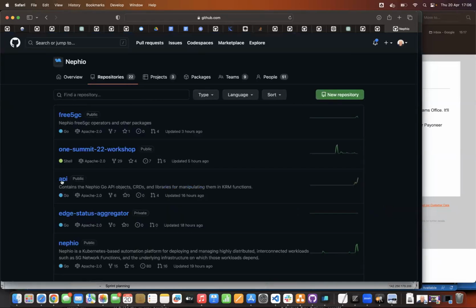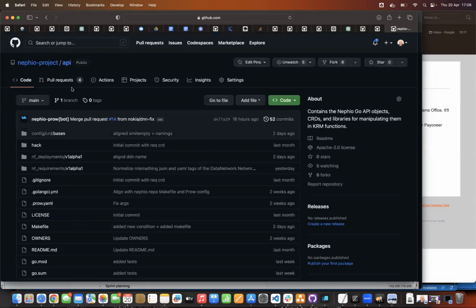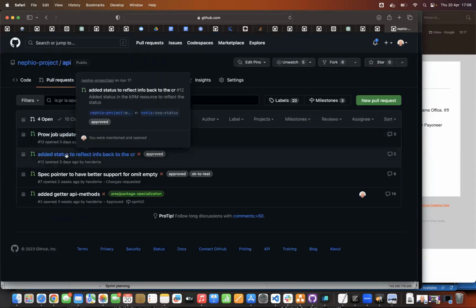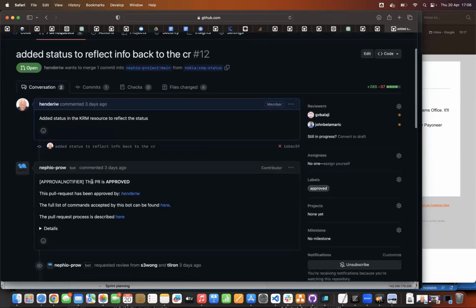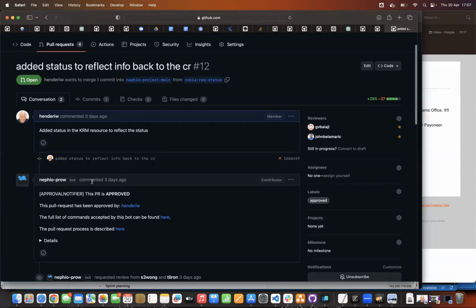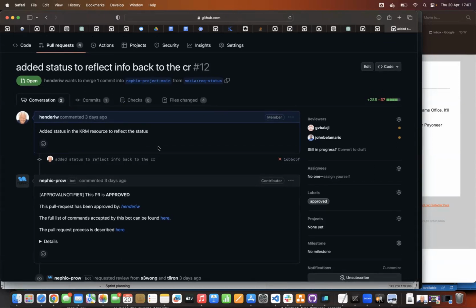I think the first thing that we have to probably look at is the API, probably less, but there is one important one, I think, but that's not reflected to us. This one is an important one, I believe. So given with our specialization, in the beginning we went from the beginning interface and then we went all the way back. But I think we agreed to reflect the status back in the original CR, such that upstream and downstream, you remember the discussion from the SDK, is reflected back in the original CR.